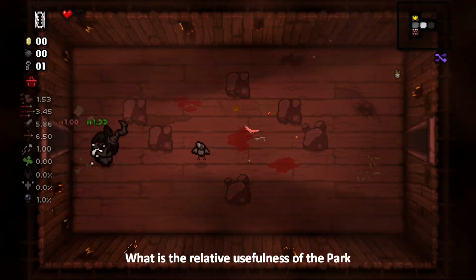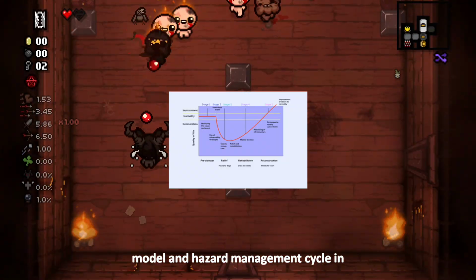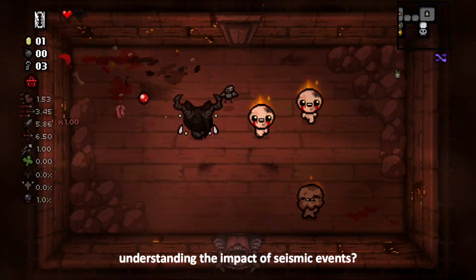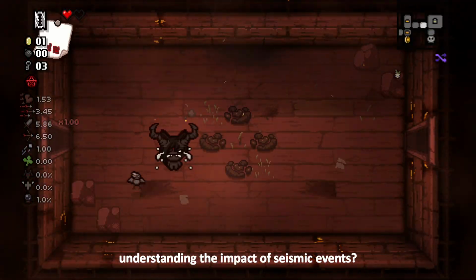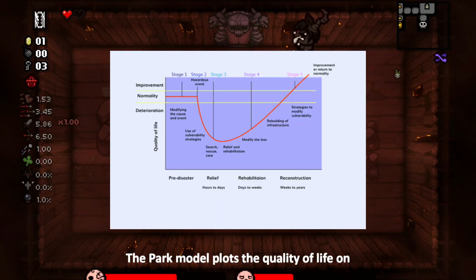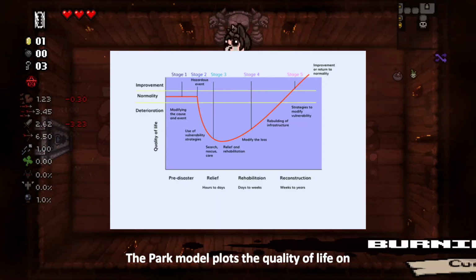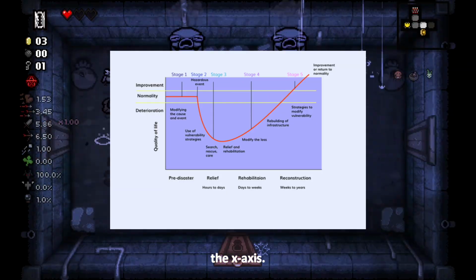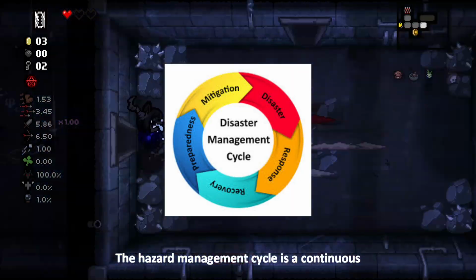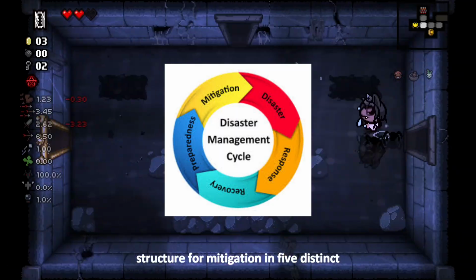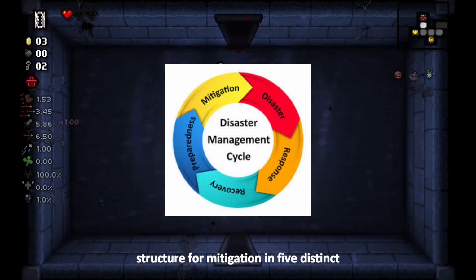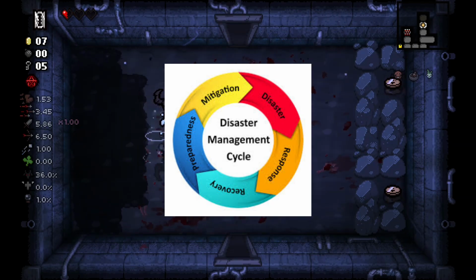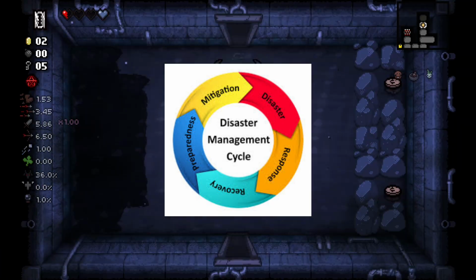What is the relative usefulness of the Park model and hazard management cycle in understanding the impact of seismic events? The Park model plots the quality of life on the y-axis against time from the hazard on the x-axis. The hazard management cycle is a continuous structure for mitigation in 5 distinct stages: disaster, response, recovery, preparedness, and